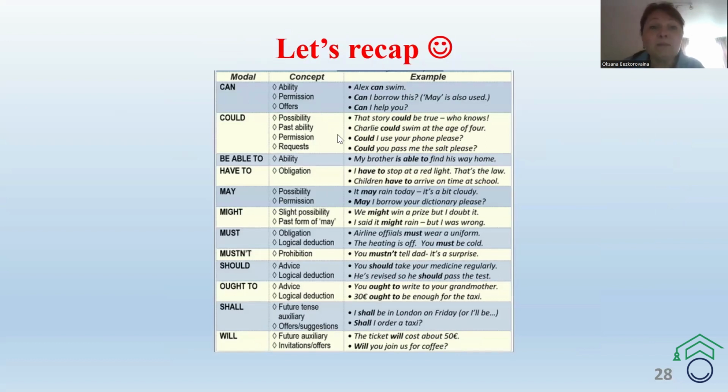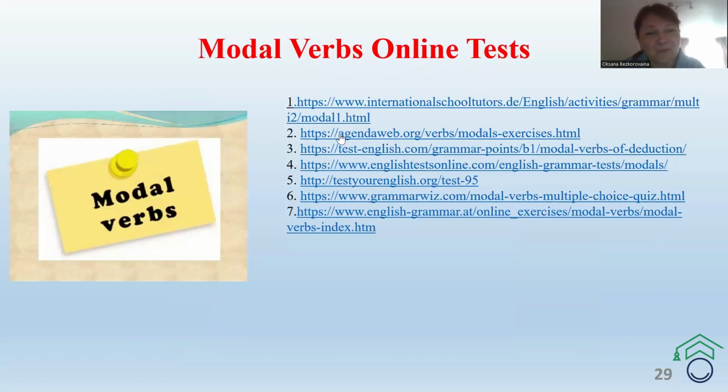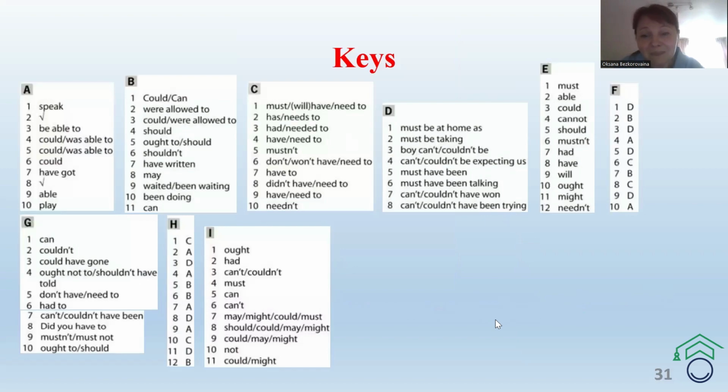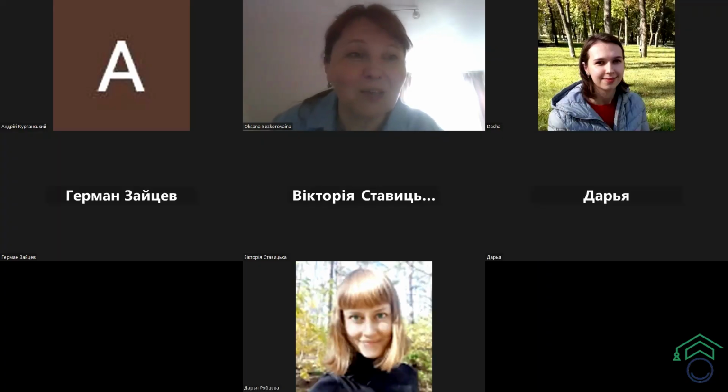While preparing for the lesson, I remembered a well-known poster. We can do it. It is an American World War II wartime poster produced by Howard Miller in 1943. This inspiring image was intended to boost the morale of female workers. This poster uses the modal verb can, and I'm sure we can cope with modal verbs as well, as we will be able to protect our country. So go on working and we can do everything. Here are the keys. So thank you for your